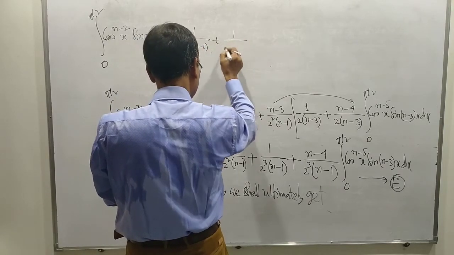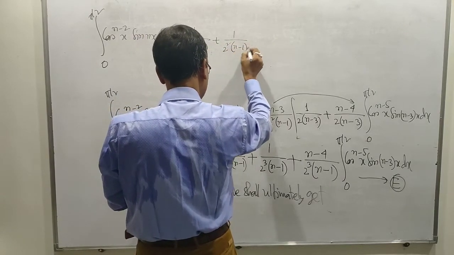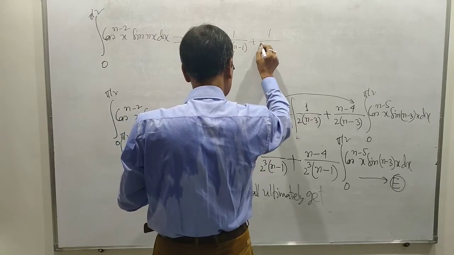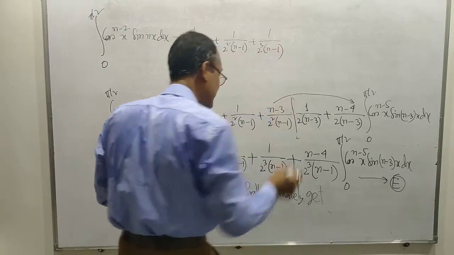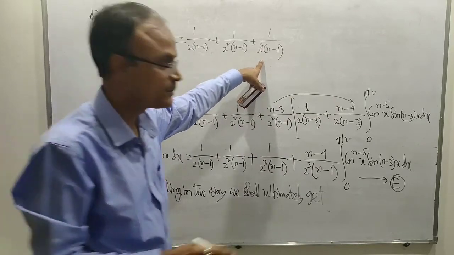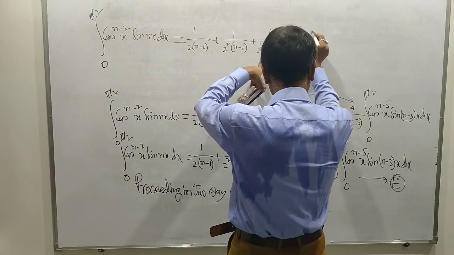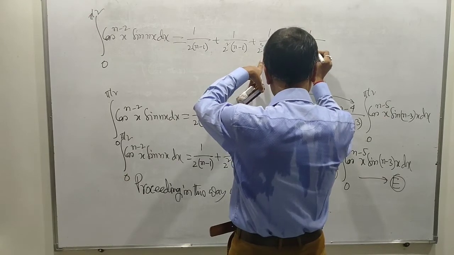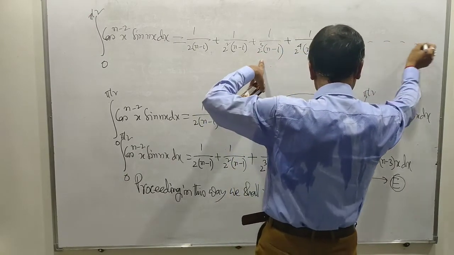The second term will be 1 by 2 square n minus 1. Third term will be 1 by 2 cube n minus 1. Next term will be definitely 1 by 2 to the power 4 n minus 1 plus, in this way,